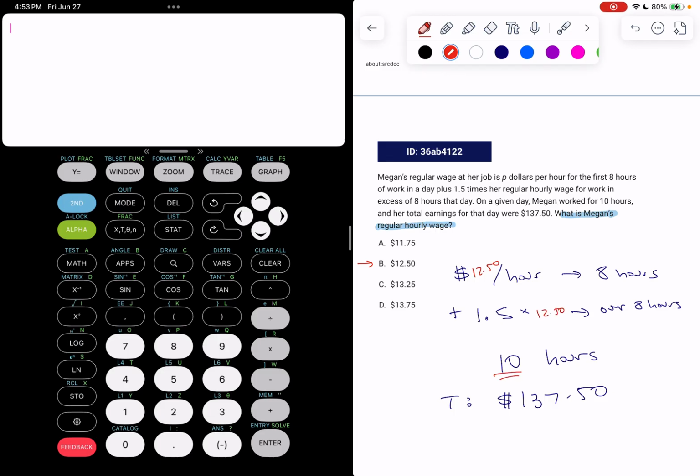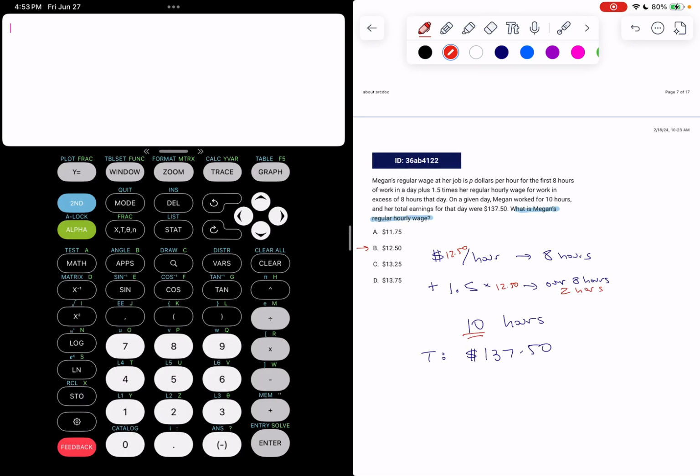Well, if we're working 10 hours, that's going to be 2 hours over 8 hours. So how much is this going to allow her to make if we're working 8 hours at $12.50 an hour? We do 8 times $12.50, and she made $100 in those 8 hours. And she worked another 2 hours at 1.5 times $12.50. So that's 2 times 1.5 times $12.50, and that gives us another